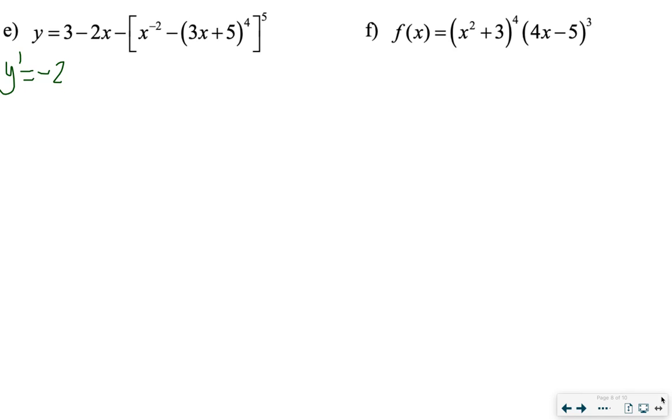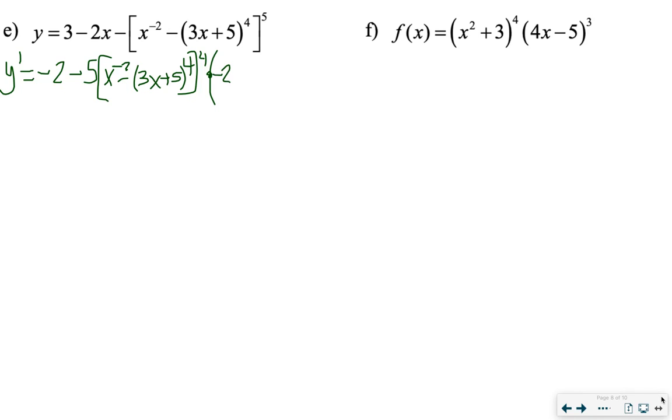Okay, so then using the power rule on those square brackets, so I've got minus 5 times x to the negative 2 minus 3x plus 5 to the 4. All of that's now to the exponent 4. Then multiply by the derivative of those square brackets. So that's going to be